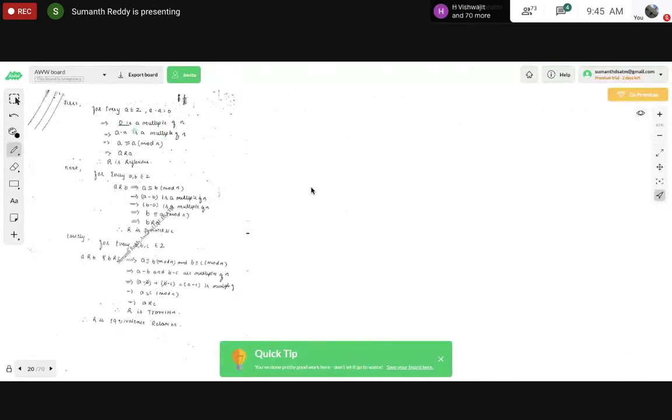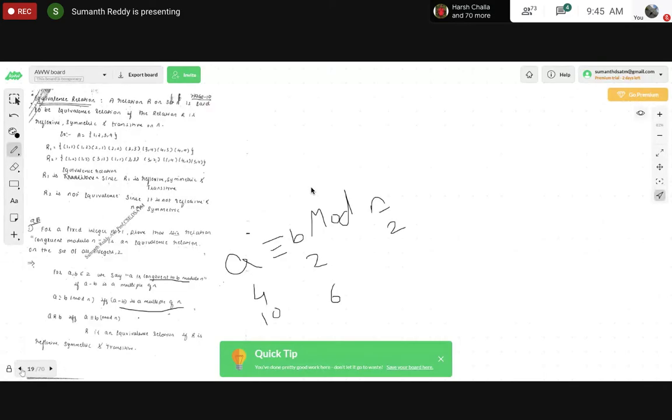Correct, right? So now, don't you think a minus a is 0? A is some integer, and 0 can be written as a minus a. And on the first page, I explained that if a minus b is a multiple of n, this can be written as a is congruent modulo b mod n. That is the relation he is expecting. If I have this relation, I can write this as A is related to B.